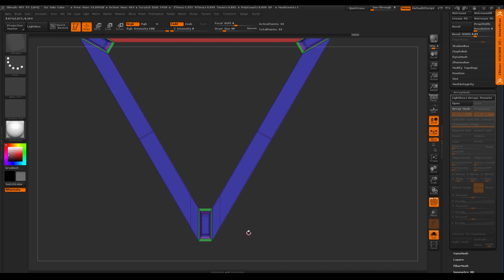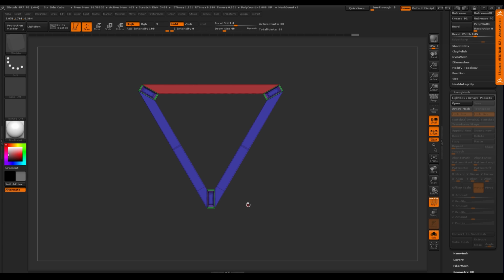So knowing this, I want to take advantage of this. What I want is a nice straight edge along here that's perfectly parallel with that right there. So if I click here, hold the shift key, I can go boom, there I go. And now I can start playing with this. But now we've got the problem again, is I'm getting it on both sides, but nothing's happening up here.